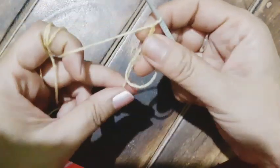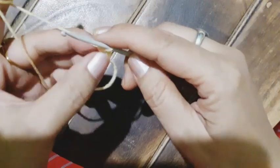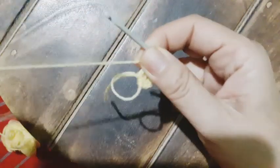1, 2 and 3. We all know a chain of 3 is also counted as 1 double crochet. After that I am working 1 double crochet. Then I am going to chain 1. And similarly I am going to work 2 number of double crochet into the magic ring, as the second one. Now I am going to chain 1 and I am going to repeat the process again,